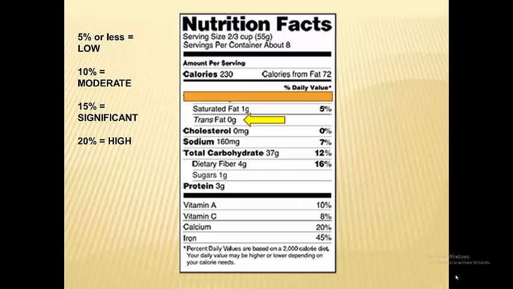and PUFAs, unsaturated fats. So when we choose things based on low amounts of harmful substances, what we do is we trade off. We say, it's got low amounts of the stuff that hurts me. That means that most of whatever's in here is the stuff that helps me, right? Because remember, good nutrition is not just about avoiding harm. It's about seeking out things that do good. So when we avoid excess saturated fat and we avoid trans fat, we by default end up getting lots of unsaturated fat, which has beneficial impacts on our health.